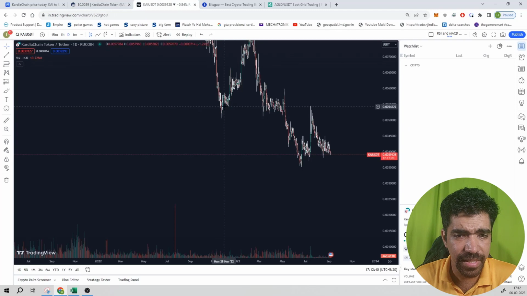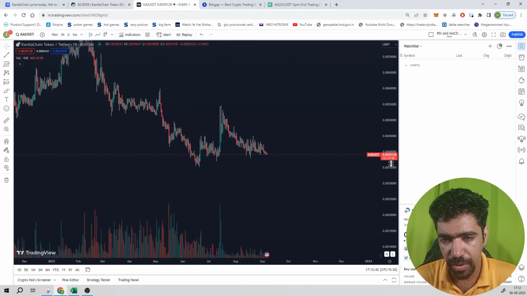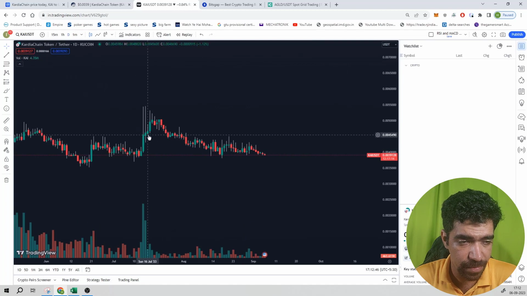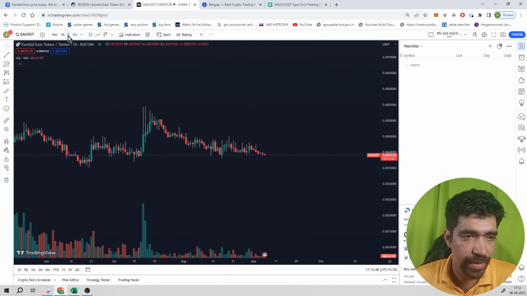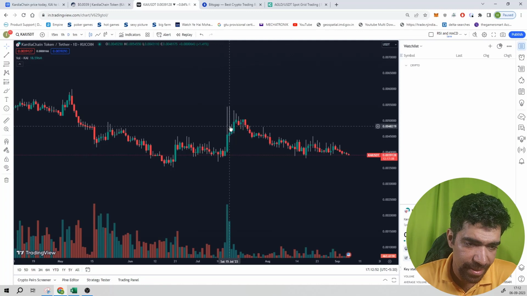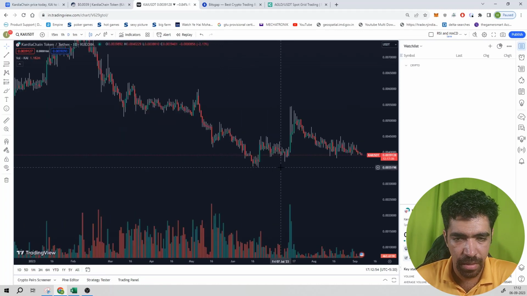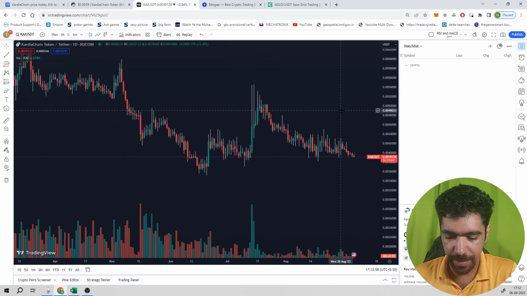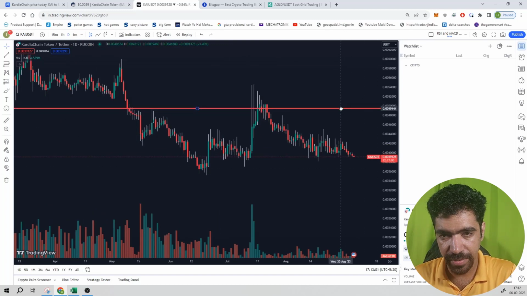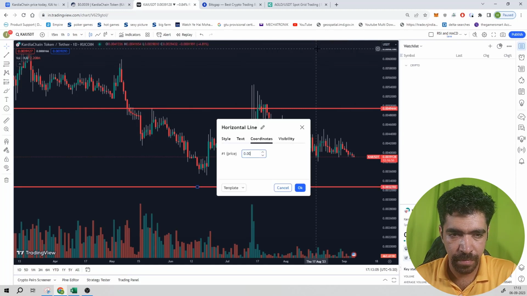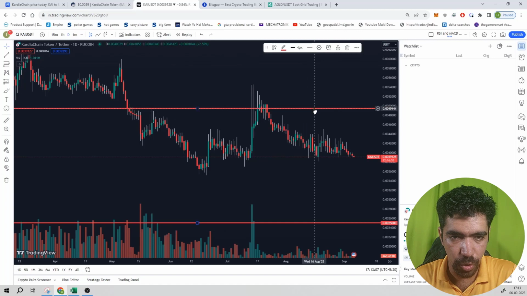Okay, now let us see the price action of this token. It is trading at a price of $0.0039. This is a 1 day candlestick chart, which means each candle formed is of a 1 day period. For example, this green candle is of 14 July, the next candle is of 15 July and so on. Let us keep the high price at 0.0049 and the support at 0.0025. So this is the low price and this is the high price.